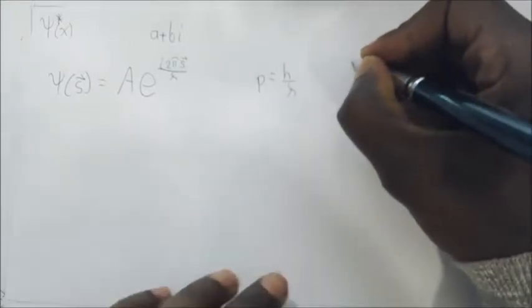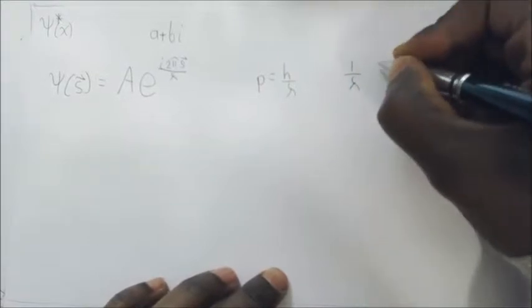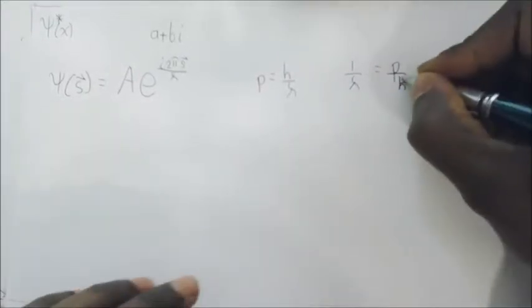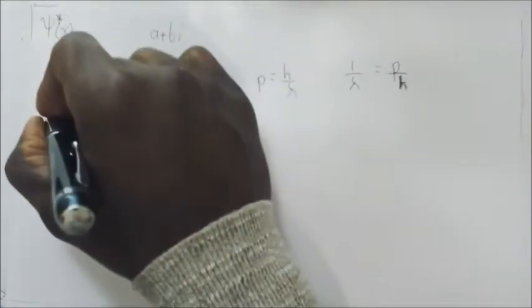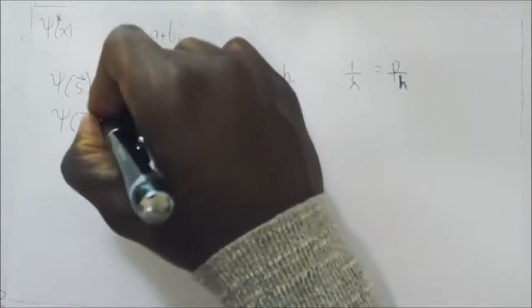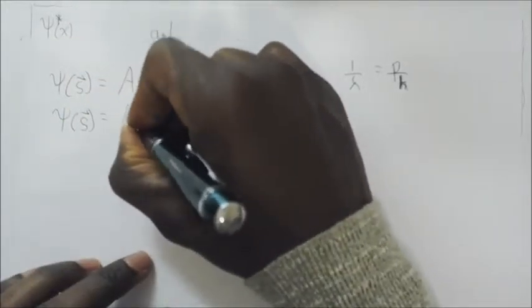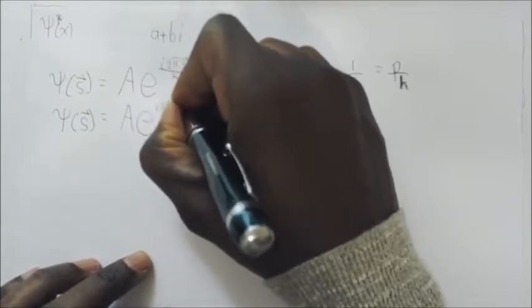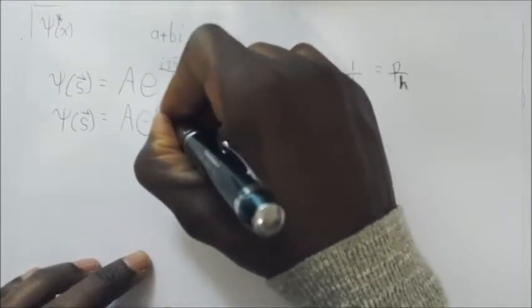So now 1 over lambda is going to be equal to p over h, which we can substitute back into the equation to get psi of s is equal to A times e to the i 2 pi p s over